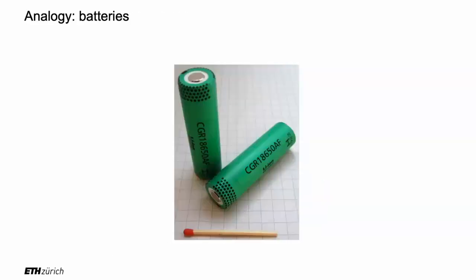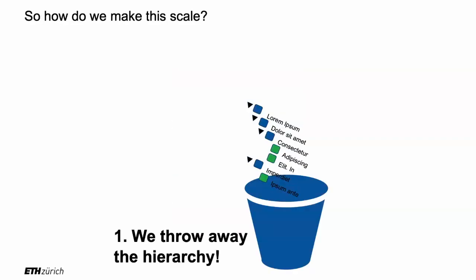All right? And that we can actually do with disks and machines, and we are going to do it exactly in this way. Because these batteries are actually very cheap to produce. You just produce plenty of them, and then you assemble them. So what are we going to do? Well, we're going to get rid of the hierarchy for our storage system. We don't try to have any hierarchy. We just keep it flat.